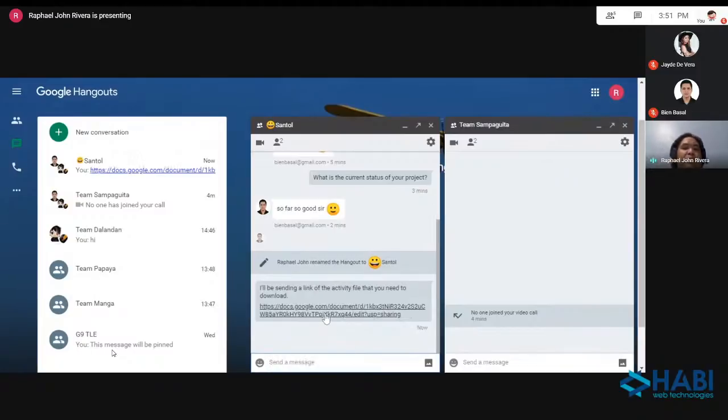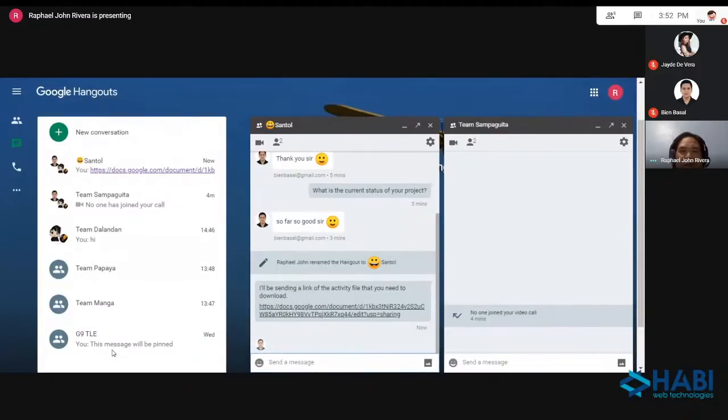Now, the students are able to see the link that I have shared, and when they click on that specific link, it would now open my document. Okay, so with that, we could easily distribute the different files to our students, and we could also collect their submissions utilizing these specific strategies. Okay,